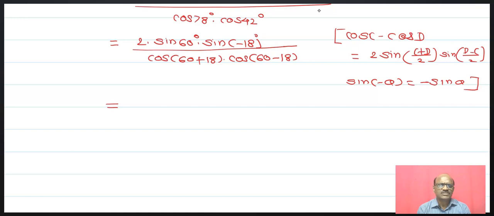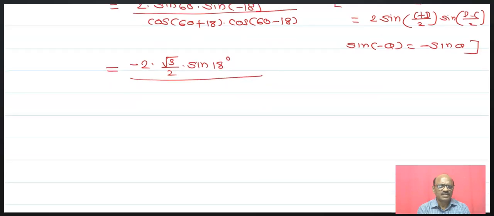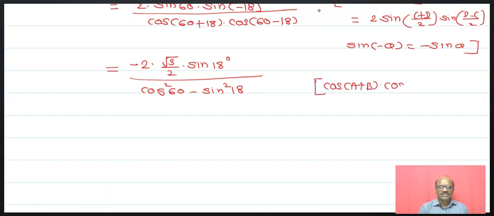That is equal to minus 2 times sine 60, which is root 3 upon 2, and next is sine of 18. Now substitute the value of sine 60, which is root 3 upon 2, and this is sine of 18. And if we evaluate this, then you will get,